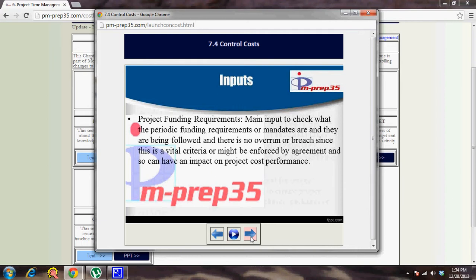Project funding requirements, although part of the agreements, need to be tracked and necessary people alerted, so that's why it's specified as a separate input. Project funding requirements help in alerting the right people at the right point of time. So monitoring is necessary as part of this process.